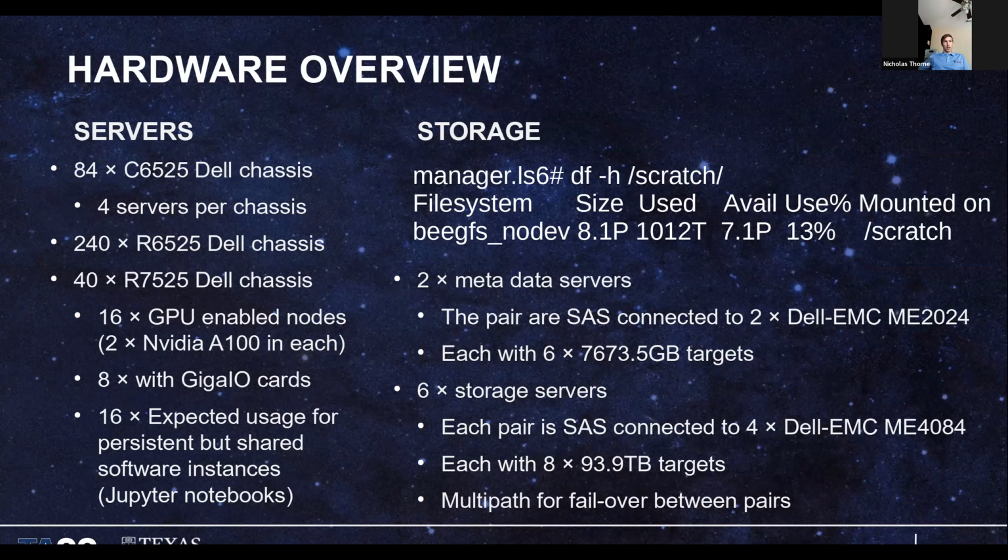Then we've got 40 7525 chassis, which are the 2U chassis, and essentially the main things to know about these are that these are the GPU enabled nodes. So we've got 2 NVIDIA A100s in each of 16 nodes, and we're experimenting with a new switched